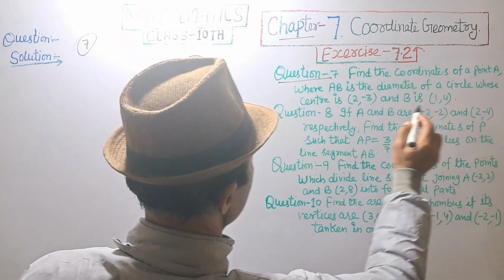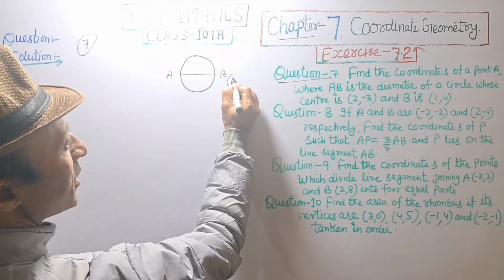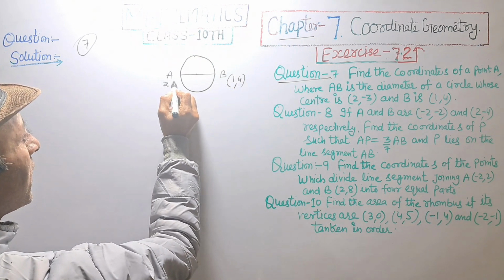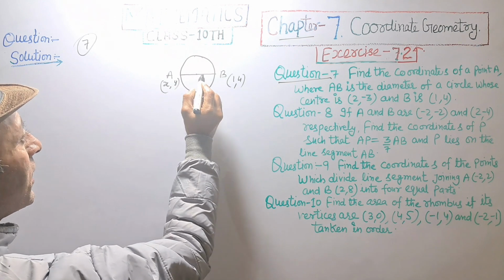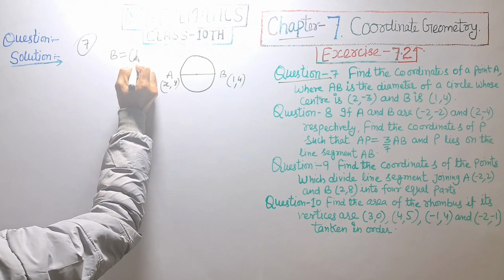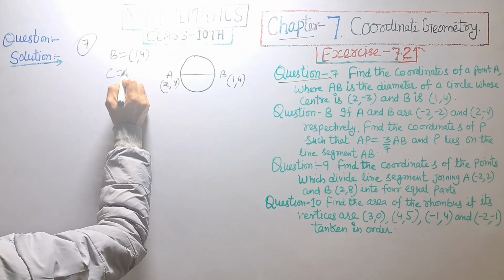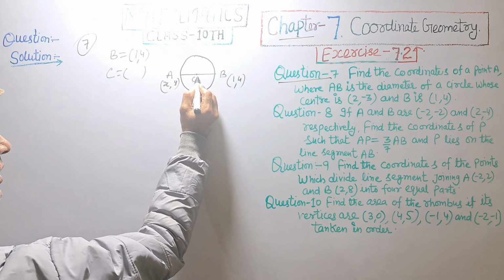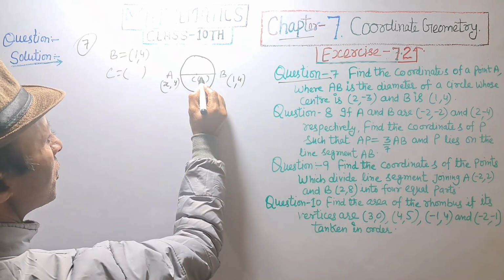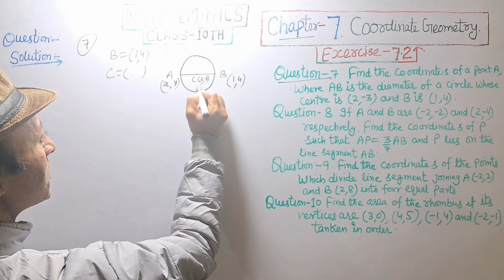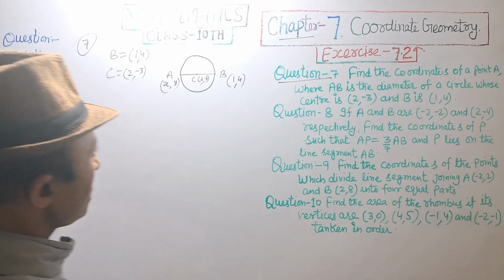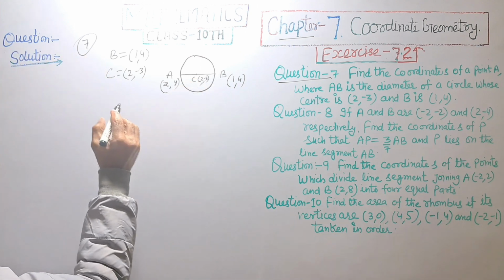AB is the diameter and given B is equal to (1, -4). A is taking (x, y) and B is equal to (1, 4). Center point C is equal to (2, -3). So by the midpoint formula,